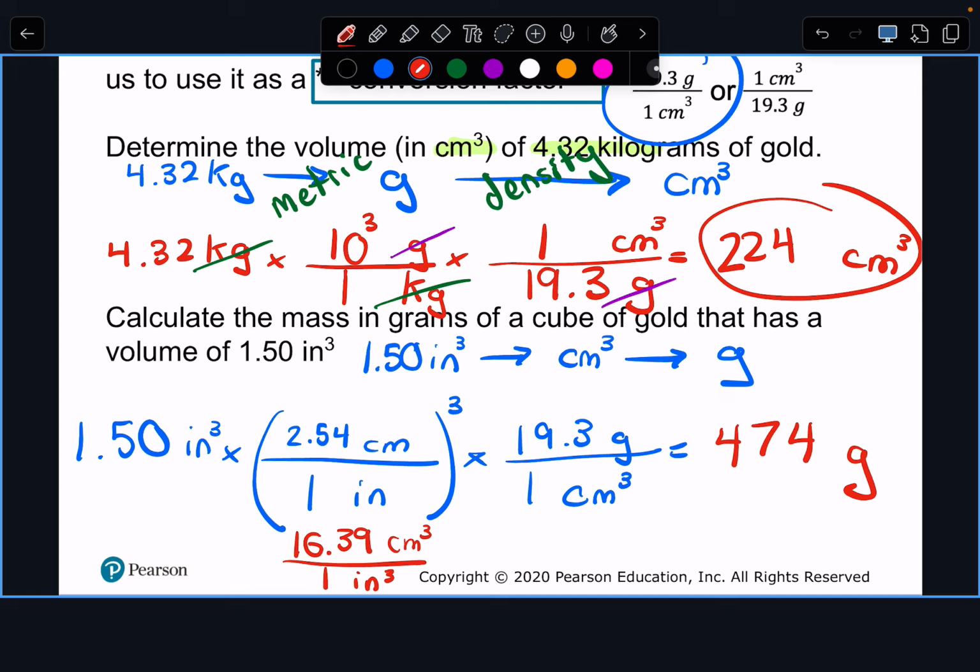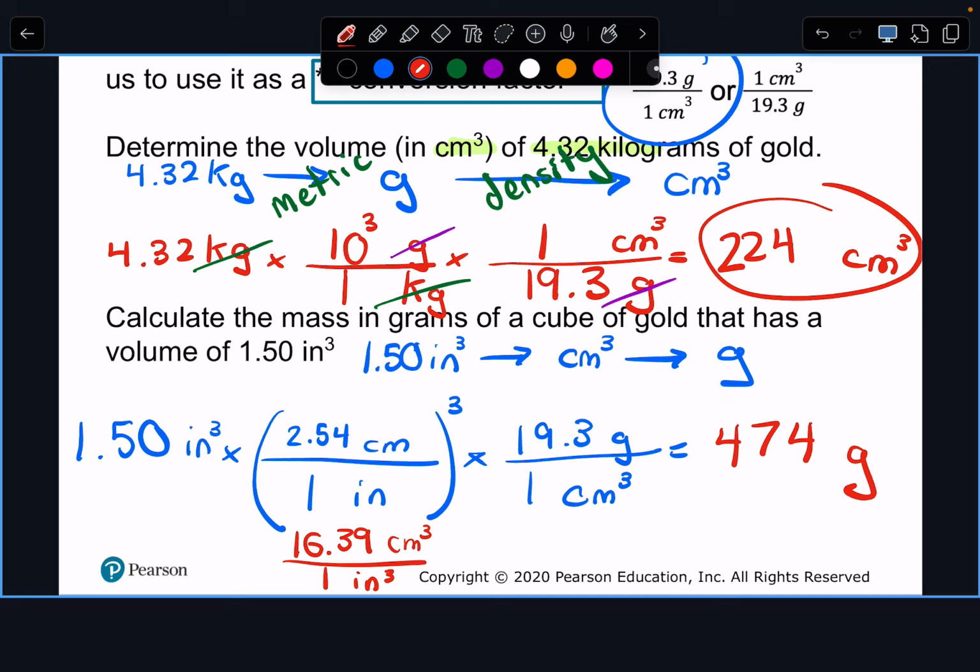Yep, so it's just this cube. Yeah, so because we don't actually have a conversion factor, you need to start with me. Just like this. Yeah, I was gonna ask the same question, but